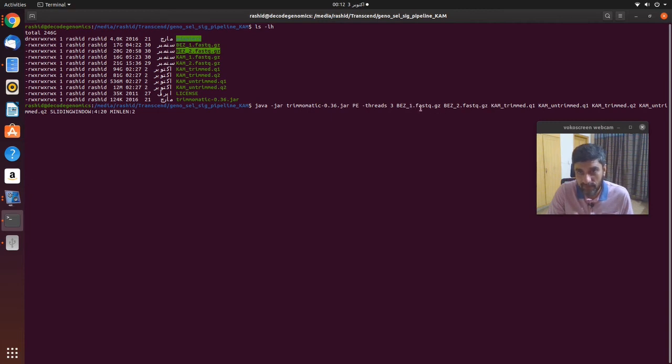So the same command we are going to run on the Bezoar, as I have already done with the Kamori, and as a result I got 4 files. Similarly with the Bezoar I will also get 4 files.